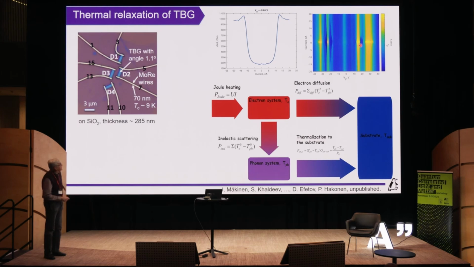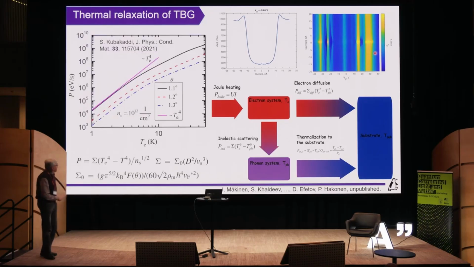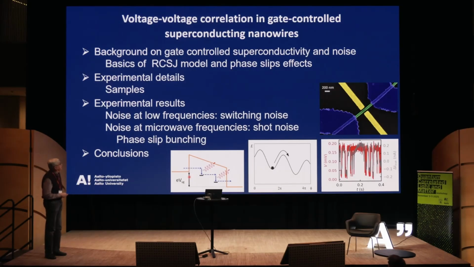But instead, one could measure the electron-phonon coupling, so you can put heat into your system and look how your temperature changes, and the prediction is that the magic angle bilayer graphene has much stronger electron-phonon coupling, and that basically comes from this change in the Fermi velocity. So when you get flat bands, your Fermi velocity becomes smaller, and then your electron-phonon coupling becomes stronger. So this is something that we are finishing at the moment, but I will not tell more about that.